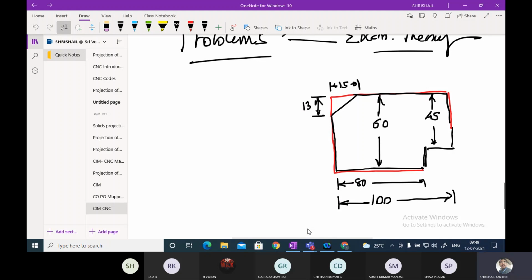After this, by taking this as the coordinate, this is 0,0 coordinate, XY. This direction is x, and this direction is y. Please write the coordinates for all of these. Write the equivalent coordinates by converting the dimensions into coordinates. Please write and show me. I will be giving you 2 minutes.